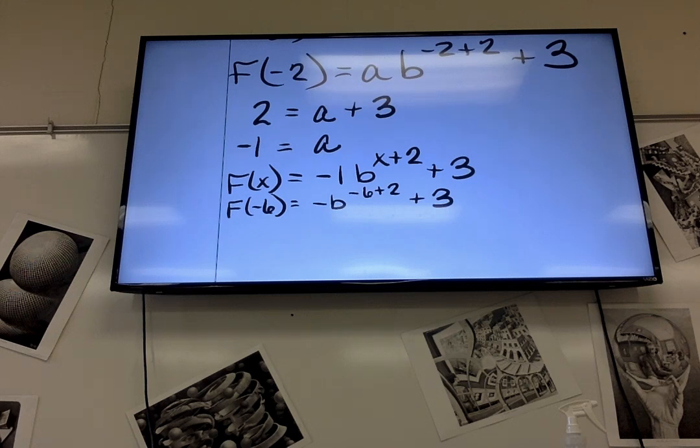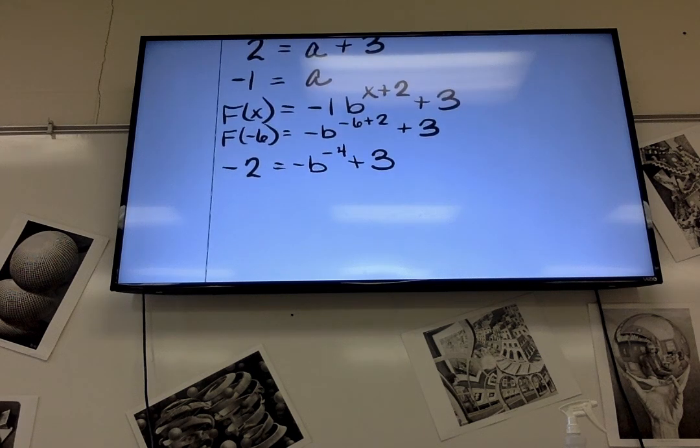We know f of negative 6 was negative 2, is that right? Okay. Negative 2 is negative b to the negative 4th, plus 3. What do we do? Yep, subtract the 3. So you get negative 5 equals negative